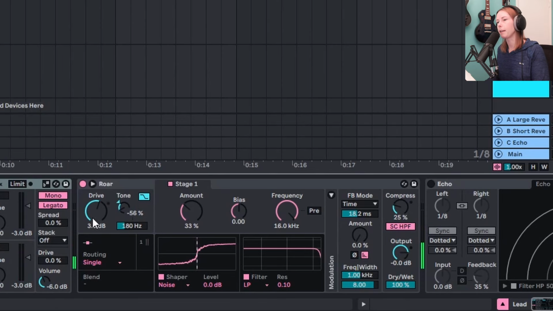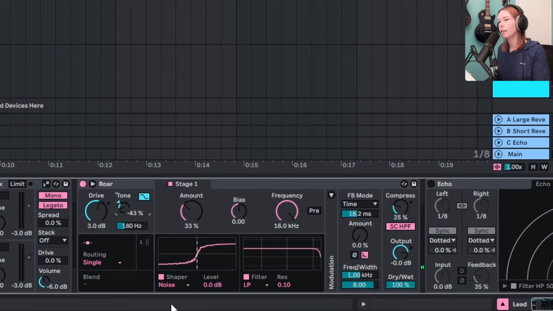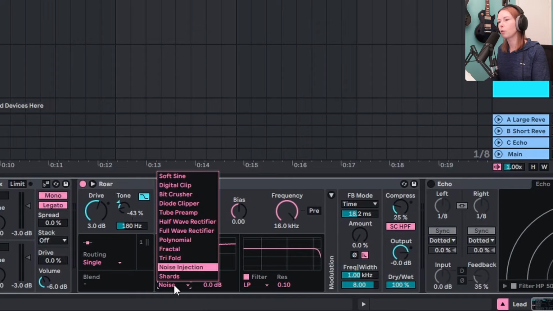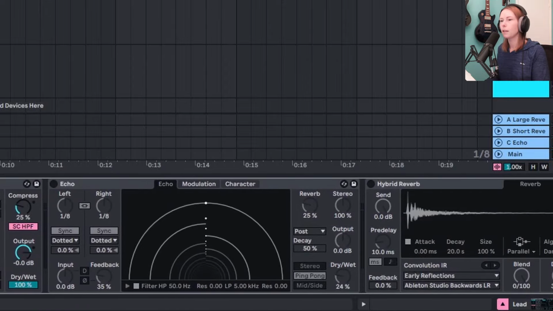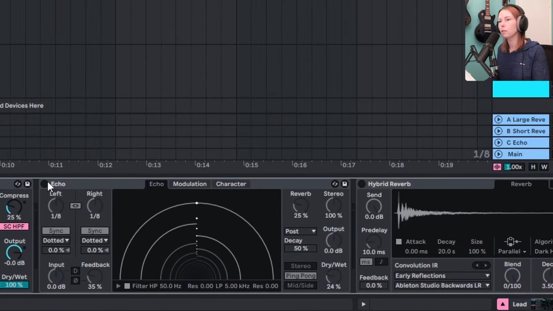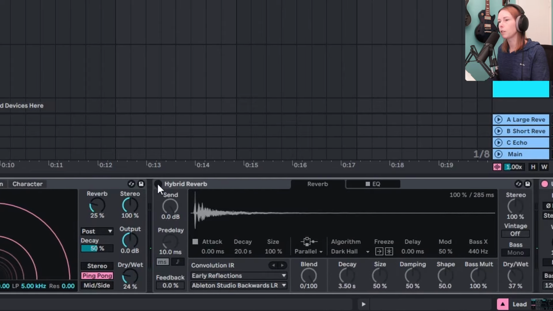So basically, I'm adding 3 dB of drive, the noise shaper option down here, or noise injection, about 33%. And then I'm also adding echo. Really, really nice. And a little bit of the hybrid reverb. And this is set all the way, the blend is all the way to this side. So we're using that dark hall